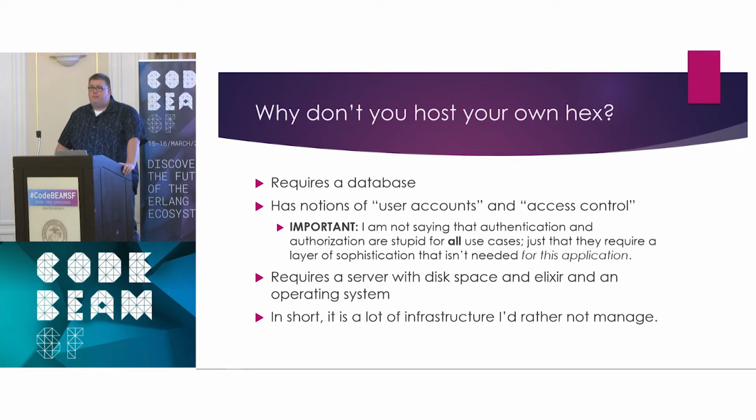The fact is that I'm super lazy, and there's just a lot of infrastructure with Hex that I don't want to have to take care of. There's also some superfluous functions that I don't really care about as much, and I don't want to have to worry about those in this context either. So I was thinking about having something that was just really simple, right? Very simple to deploy and simple to manage, something that wouldn't be a headache. It wouldn't be too difficult to set up and to keep running. I know we're all super busy, so